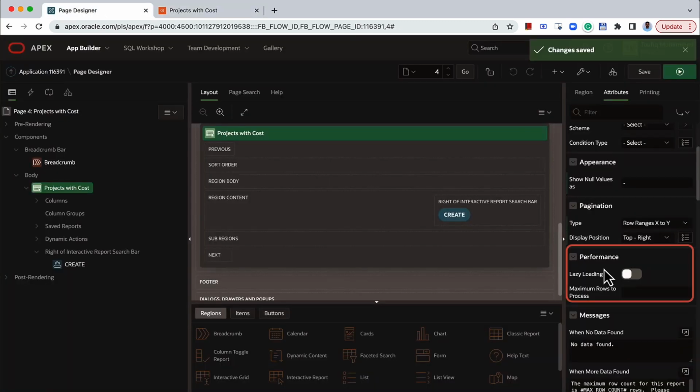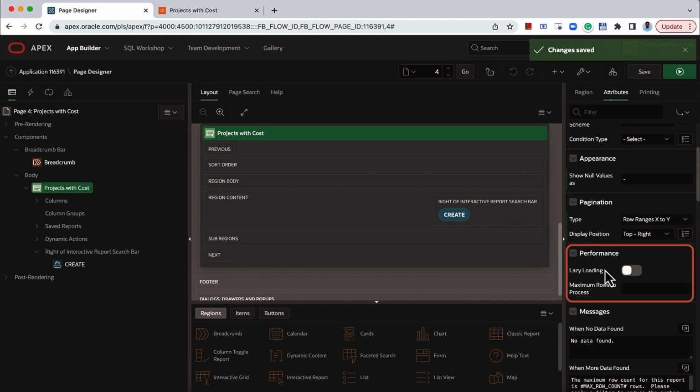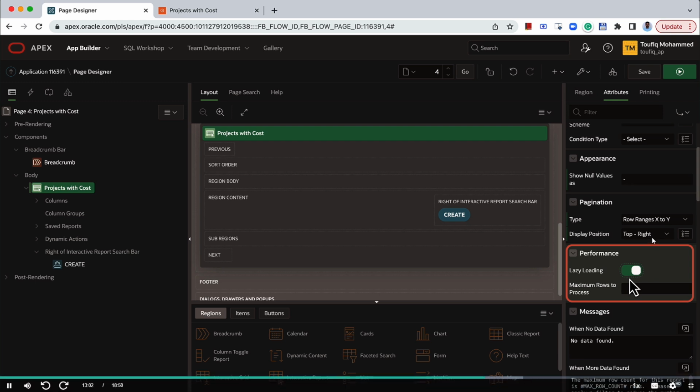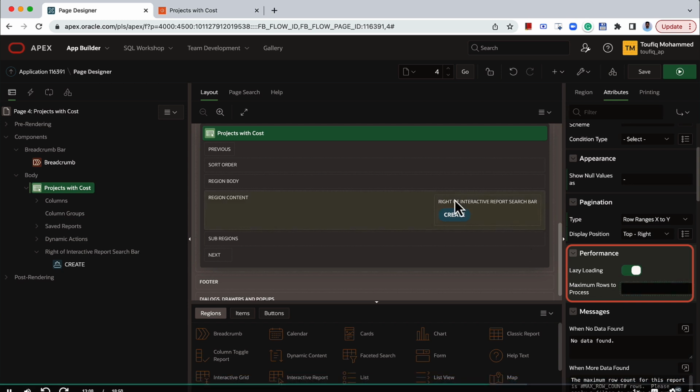You can also enhance performance using the attributes in the performance group. For example, you can enable lazy loading for the interactive report by checking this lazy loading toggle. Using the lazy loading option, the interactive report is loaded without the data, and then a separate request is sent to load the data. You can also specify maximum rows to process, using which you can limit the number of rows that should be shown in the interactive report. In case the report query is returning